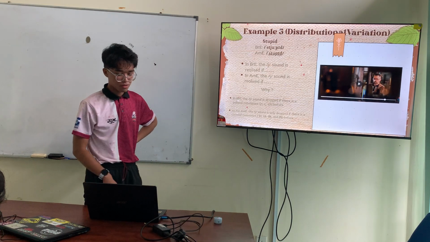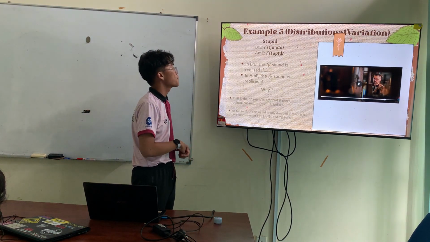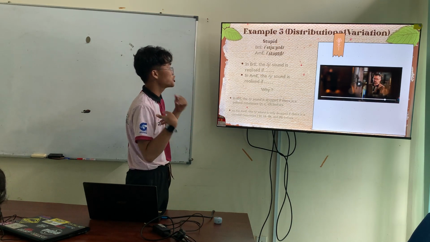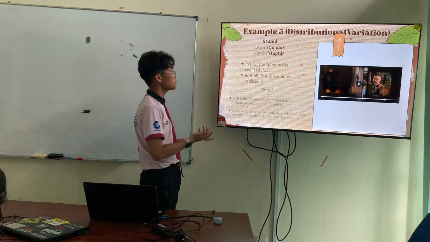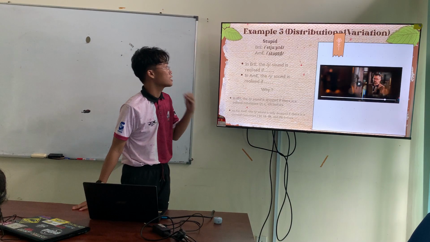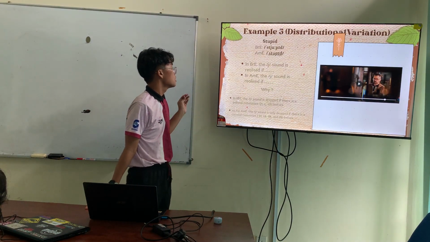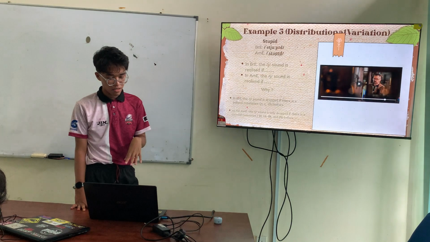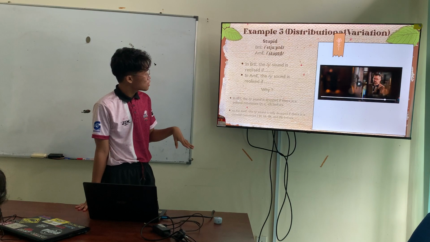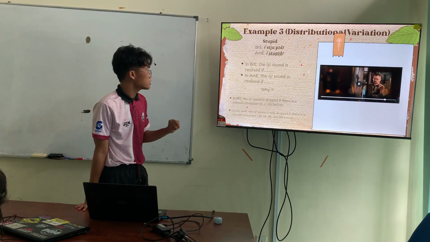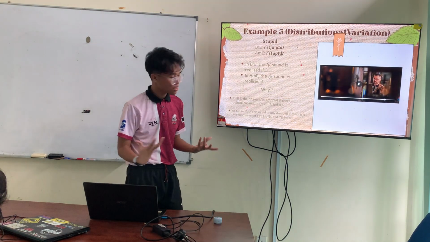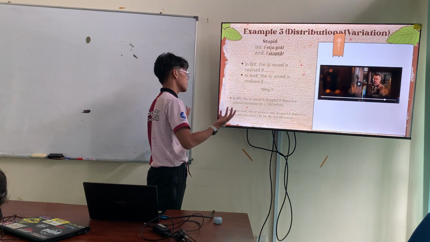So focus on the word stupid, which the British pronounce with a y sound, while Americans will just pronounce it without. That is one of the differences that is based on distributional variation. So the y sound is there when we're referring to British English, but the y sound will not be realized in American English. There is a very simple explanation for this, because in British English, the y